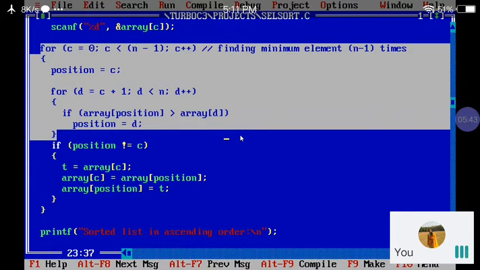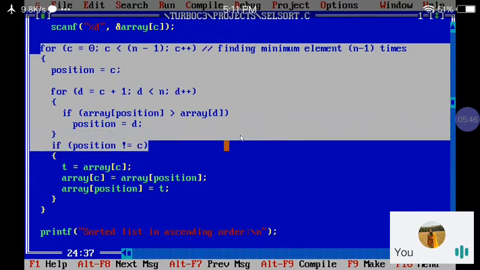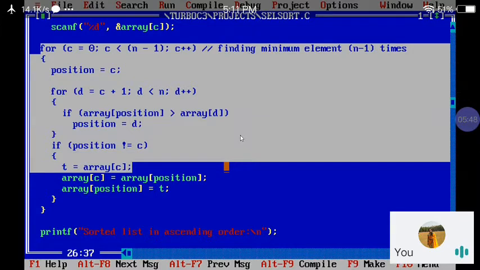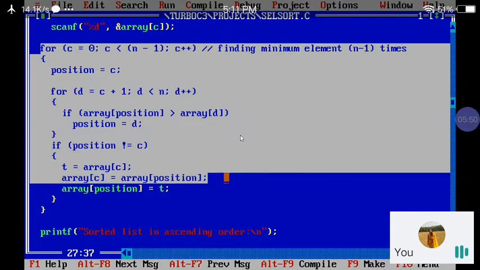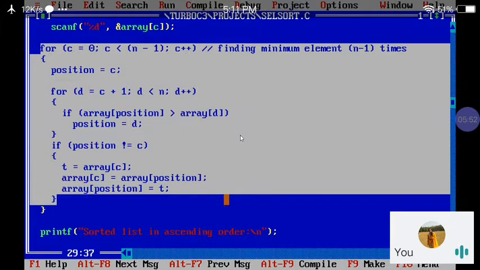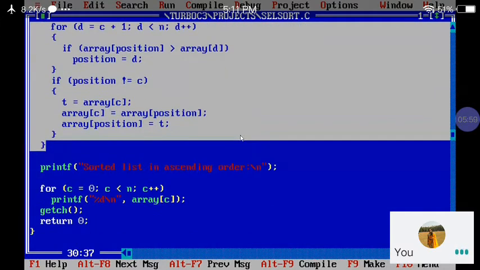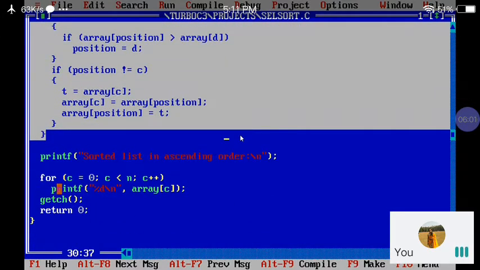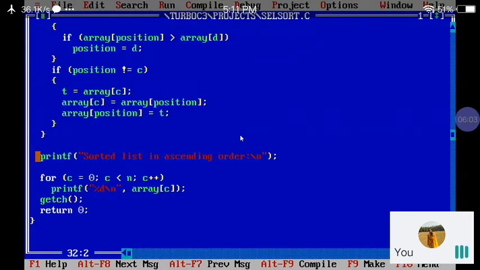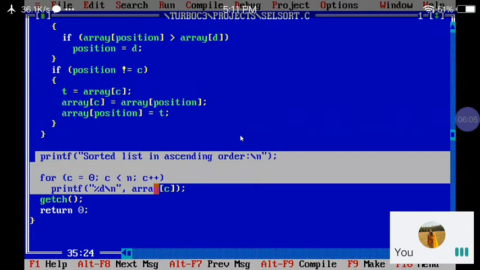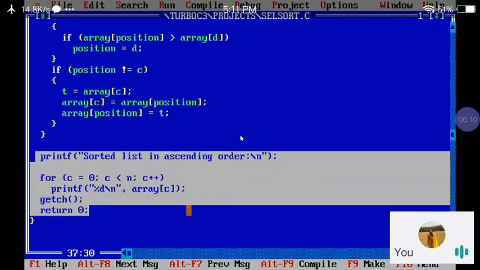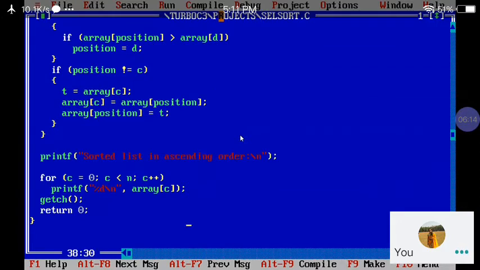If position is not equal to c, I swap: t equal to array of c, array of c equal to array of position, array of position equal to t. So this is the general logic that I apply for my selection sort. After applying this logic, I get my array in sorted form. So I print this array again by using a for loop. This is my simple C program for selection sort.